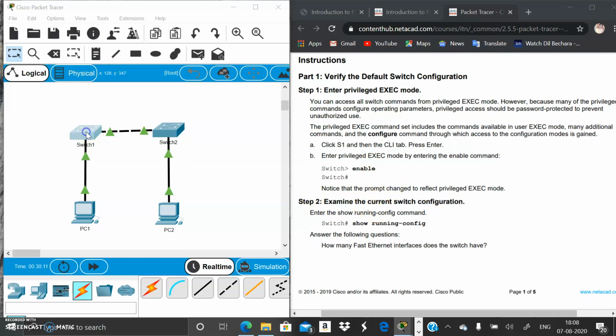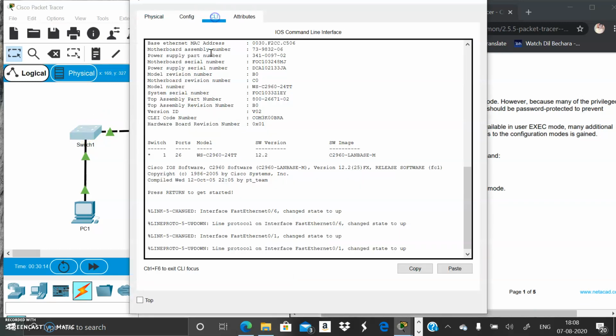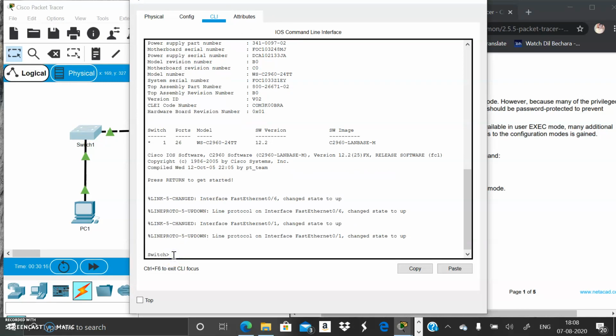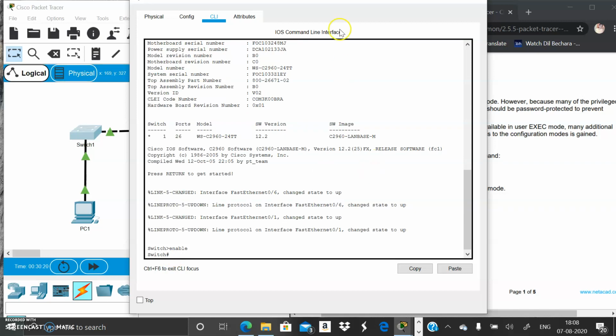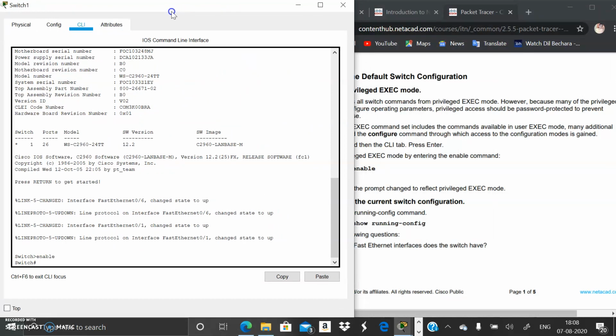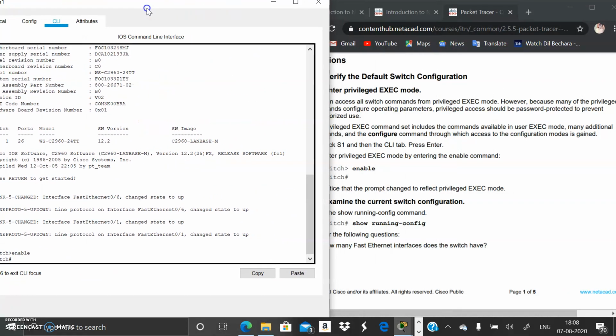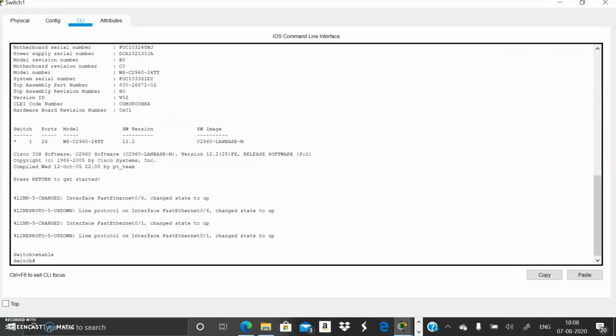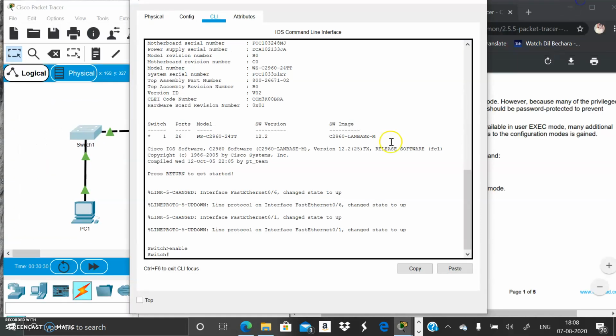Okay, we will start. Go to the CLI and enter enable. So we have entered into the privileged EXEC mode. Now they have said to use show running-config for examining the current switch configuration. We will do that.